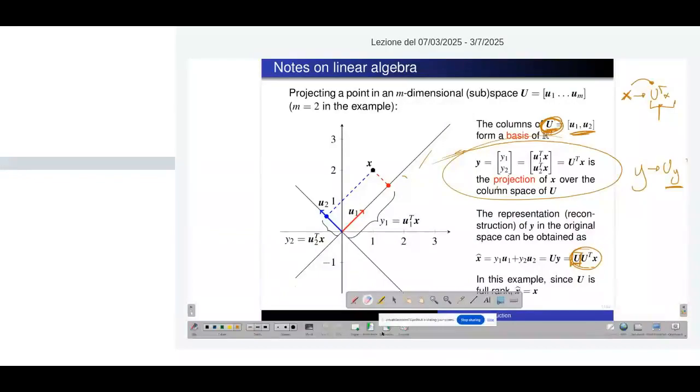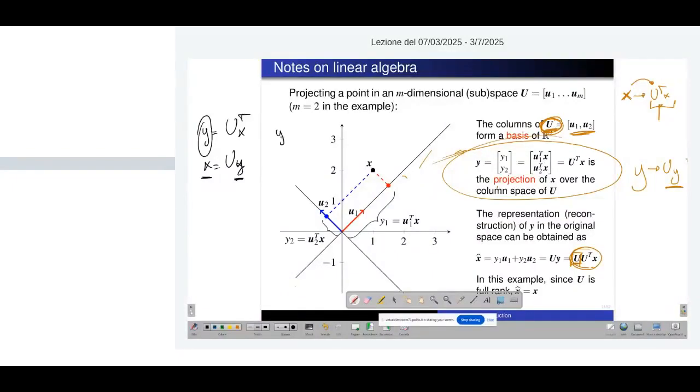Now, we can even show that if U is full rank, then also the first part does not lose information. So these two would actually provide a transformation of the data in two different coordinate systems. We would represent the same x in the coordinate system defined by U, and vice versa. If we have a point defined in the U system, we can compute its coordinates in the original system as